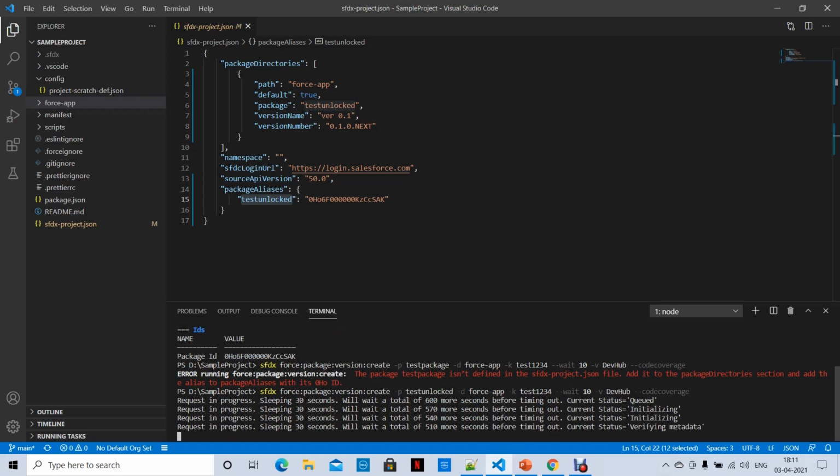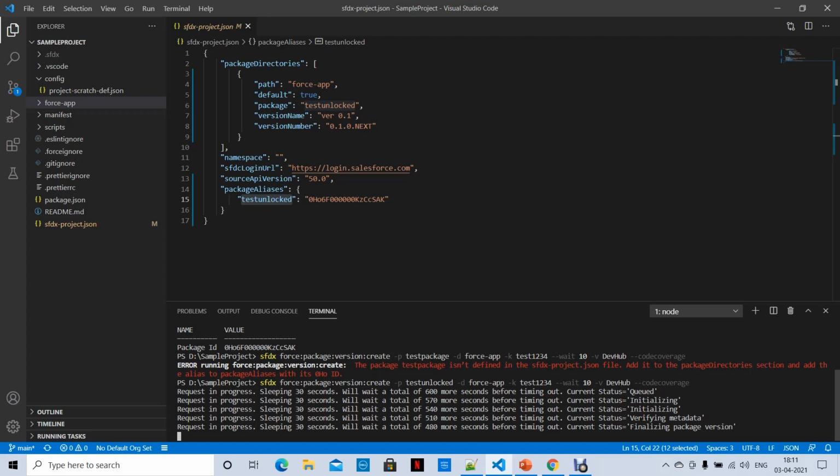Now it is verifying metadata, whether it has all the metadata or not, whether there is a problem with the metadata components or not. And it even checks the code coverage also, because I added code coverage here simply after dev hub, if you observe in the sfdx command. Yes, now finalizing the package version.